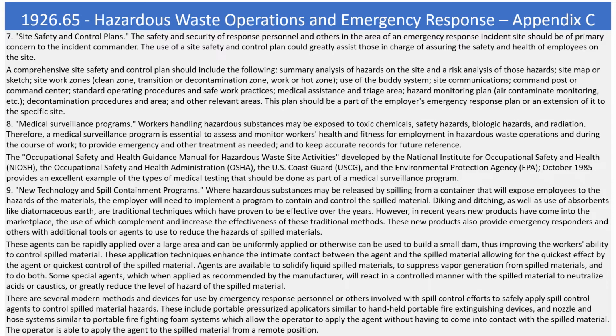The use of a site safety and control plan could greatly assist those in charge of assuring the safety and health of employees on the site. A comprehensive site safety and control plan should include the following: summary analysis of hazards on the site and a risk analysis of those hazards, site map or sketch, site work zones, clean zone, transition or decontamination zone, work or